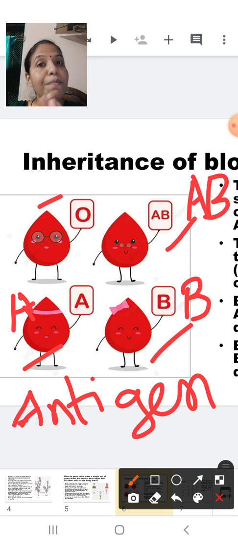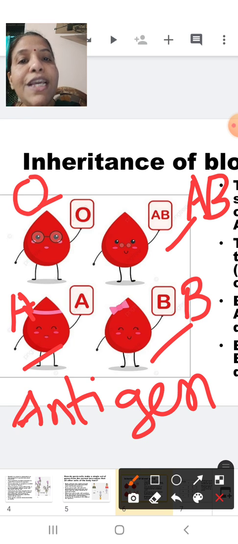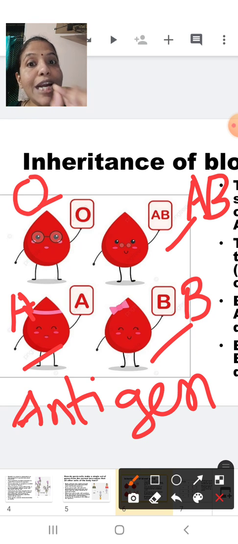Now the problem with the blood group O is it does not have an antigen at all. It doesn't have an A sugar, it does not have a B sugar, it doesn't have any sugar. This RBC of the O blood group is not having any sugar at all. Since it is not having sugar at all, scientists have denoted it as 0, which is read by the common man as O. It is not O, actually it is 0.